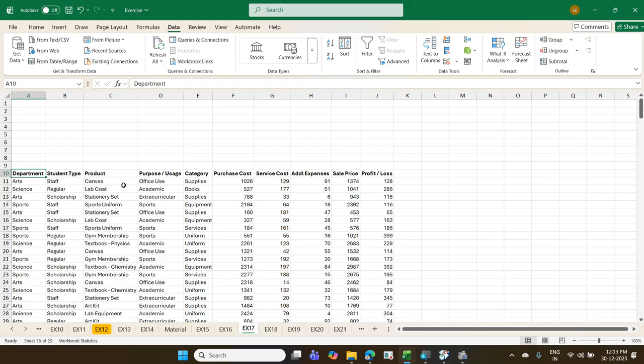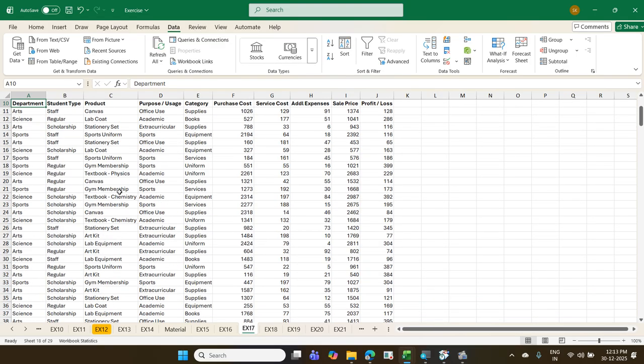With this data, can we take any decision? No, we cannot take any decision. For example, I want to know which department has more profit, which department has made more sales, which department has made more purchase, service. I want to find it out percentage wise, top, highest, lowest. So in this we cannot find a report. We can find this as normal data. Based on this data, you cannot take any decision. If you want to convert data into a decision making tool, then we have to convert this as a report. So convert it as a report. We are going to use this powerful tool called